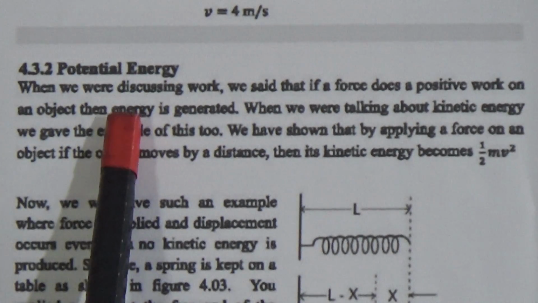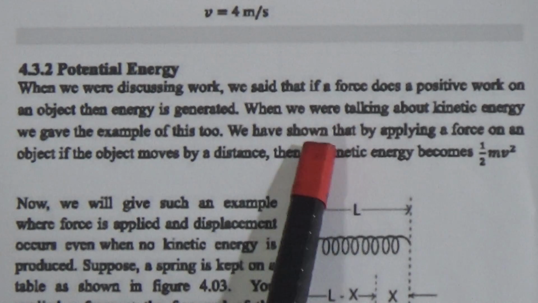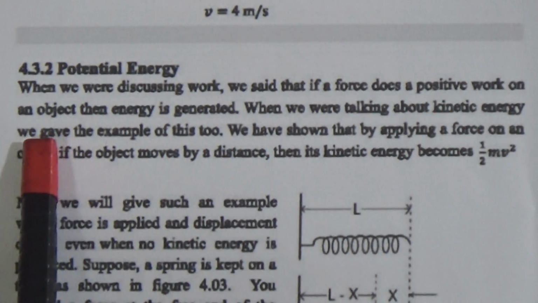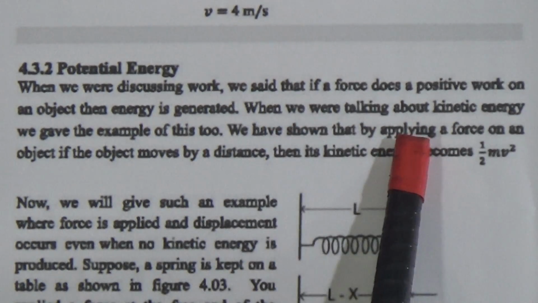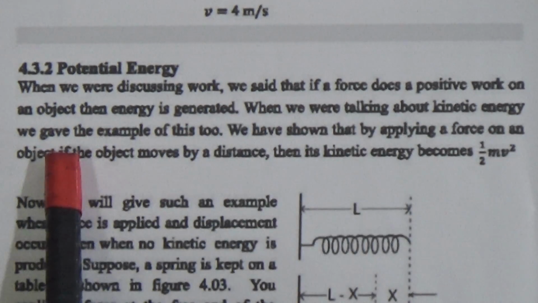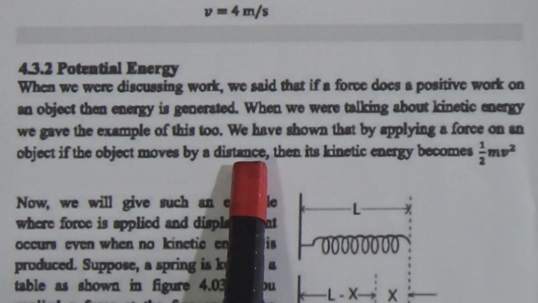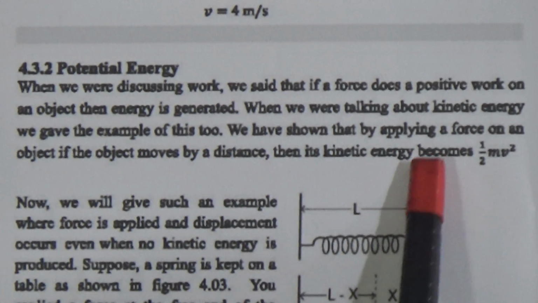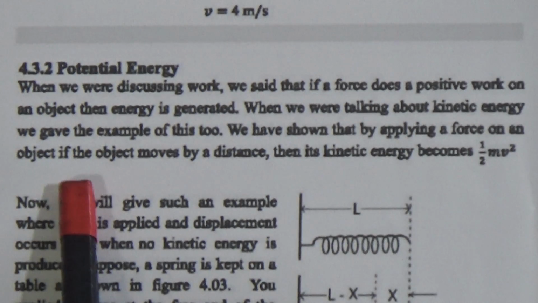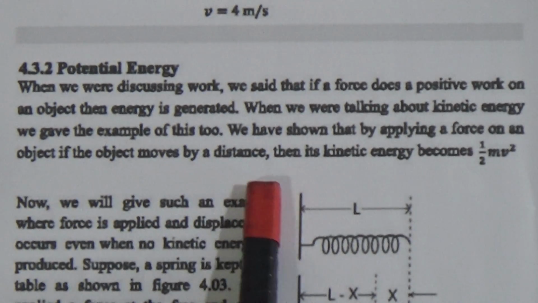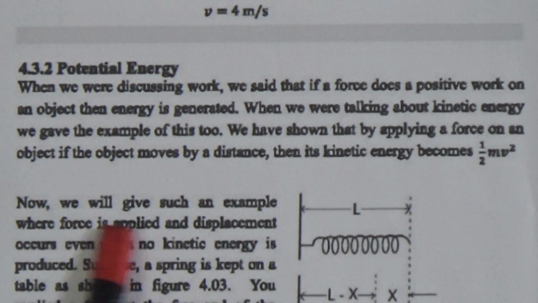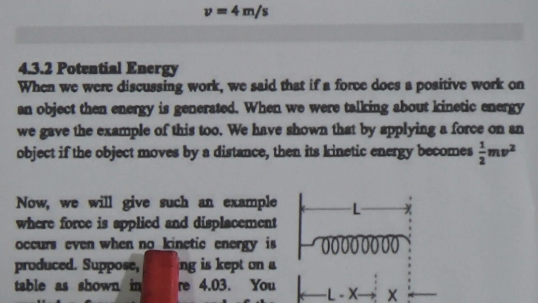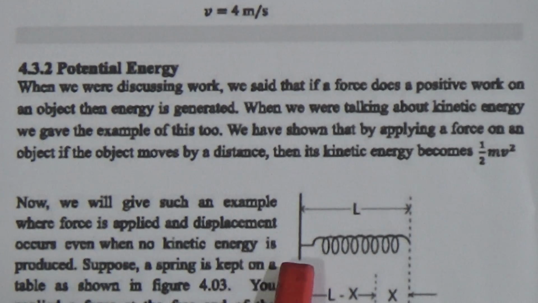When we discussed work, we said that if a force does positive work on an object, then energy is generated. When we talked about kinetic energy, we showed that by applying a force on an object, if the object moves by a distance, then its kinetic energy becomes half mv square. Now we will give an example where force is applied and displacement occurs even when no kinetic energy is